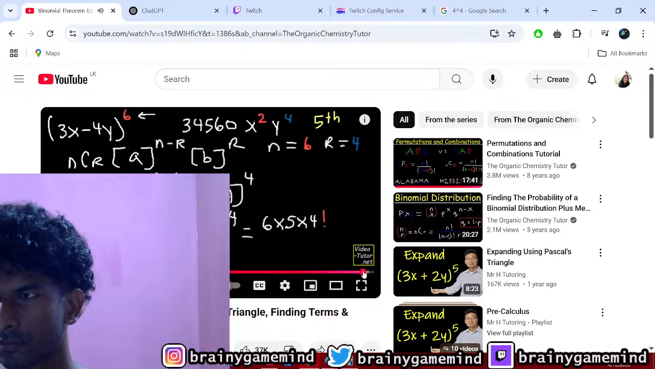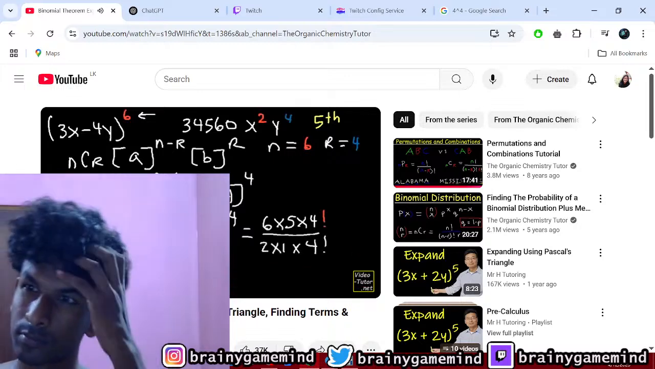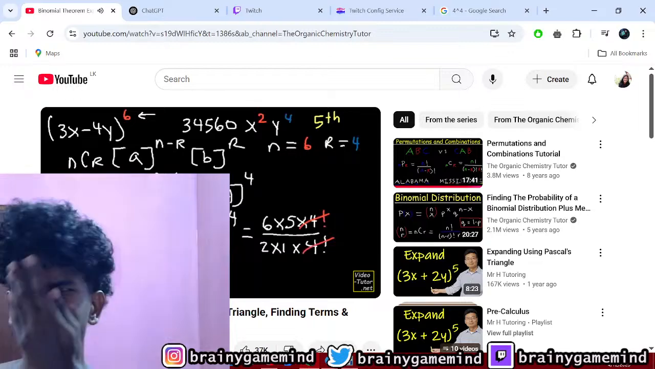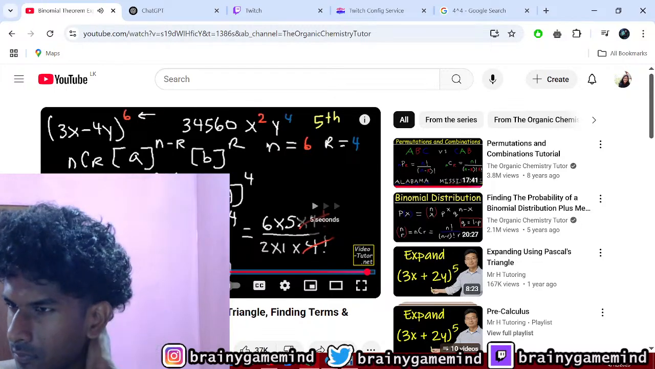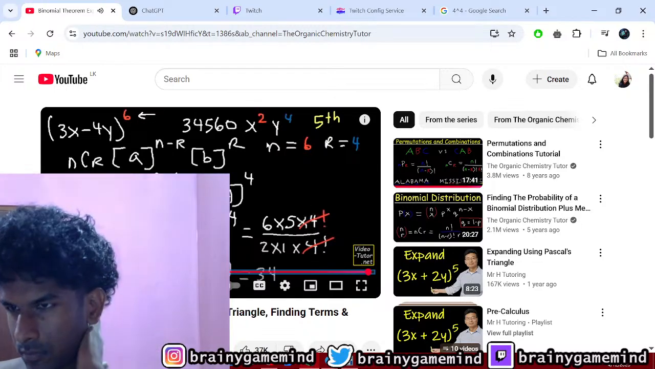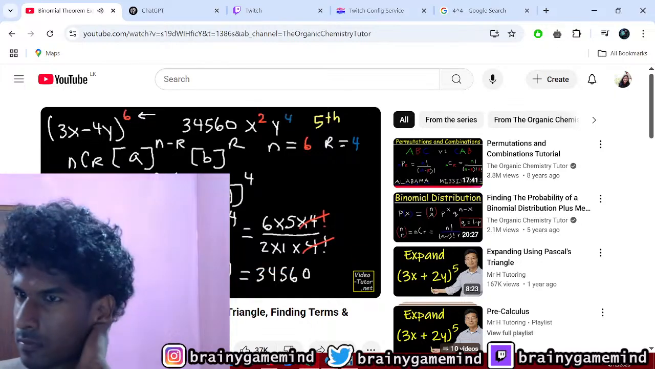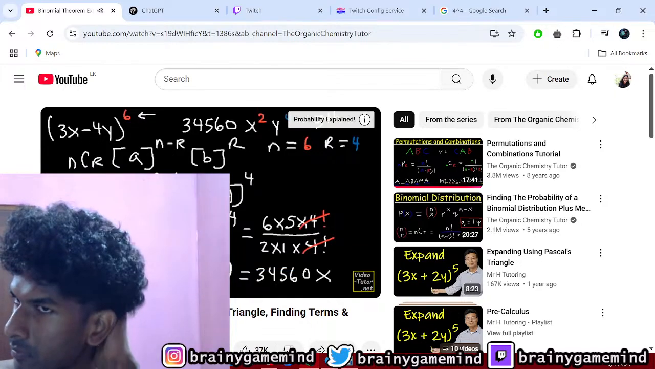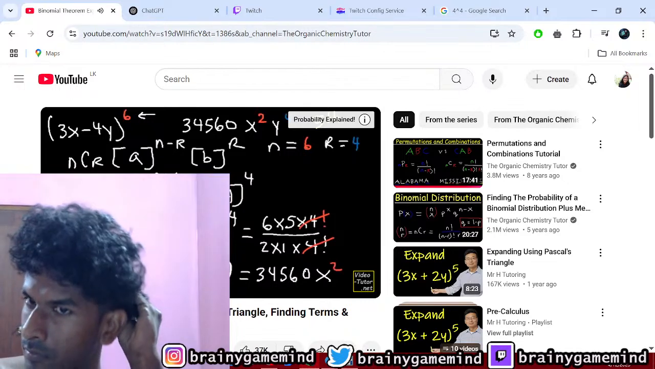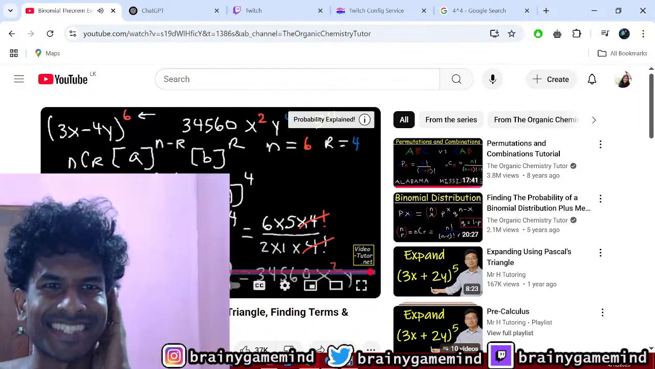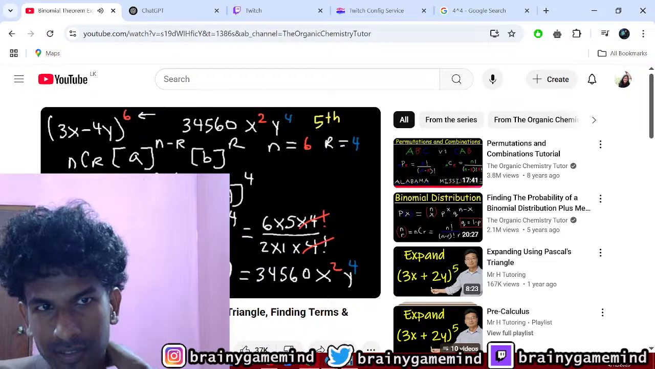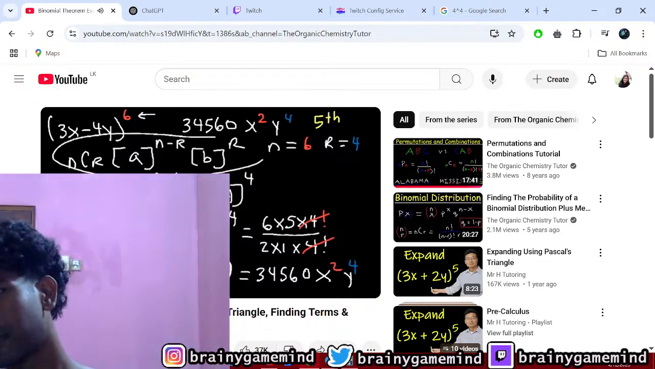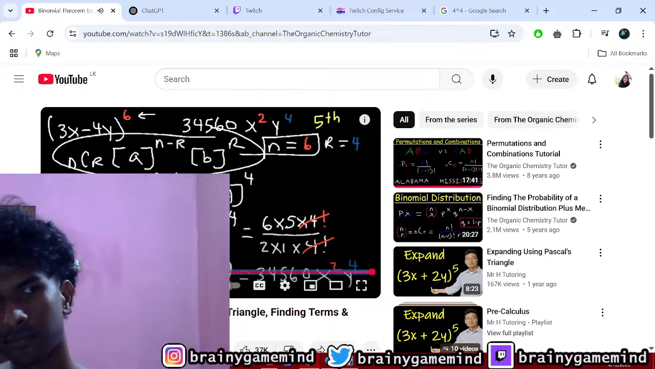4, that's n. 2 factorial is simply just 2, so we can cancel 4 factorial. 6 times 5 is 30, divided by 2 is 15. Times 2,304 is 34,560. And we have an x squared and a y to the fourth. So as you can see, it gives us the same answer. That's what I told you, chat. So find any term and its coefficient by using this expression. So just remember, n is basically the exponent